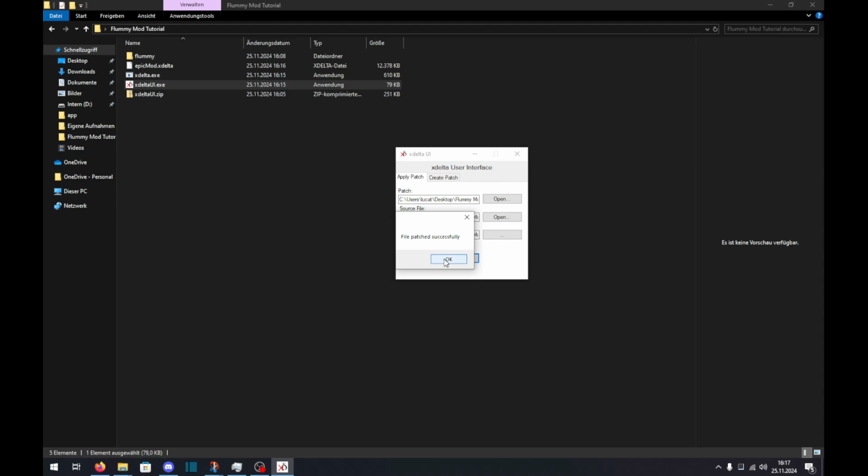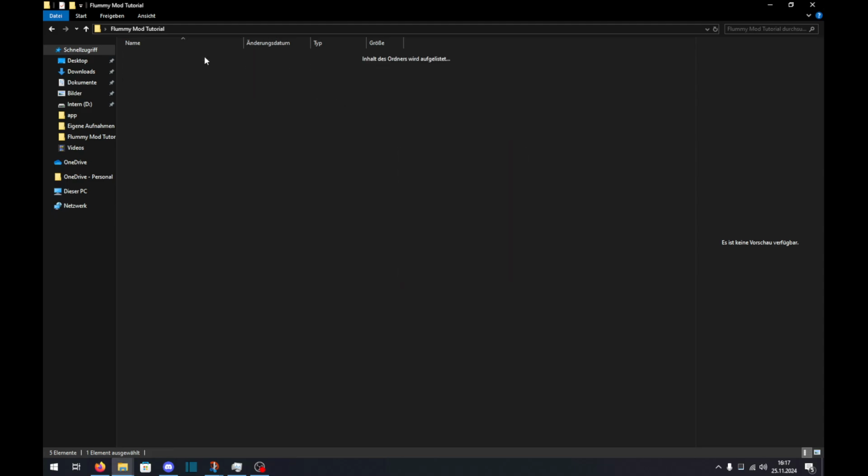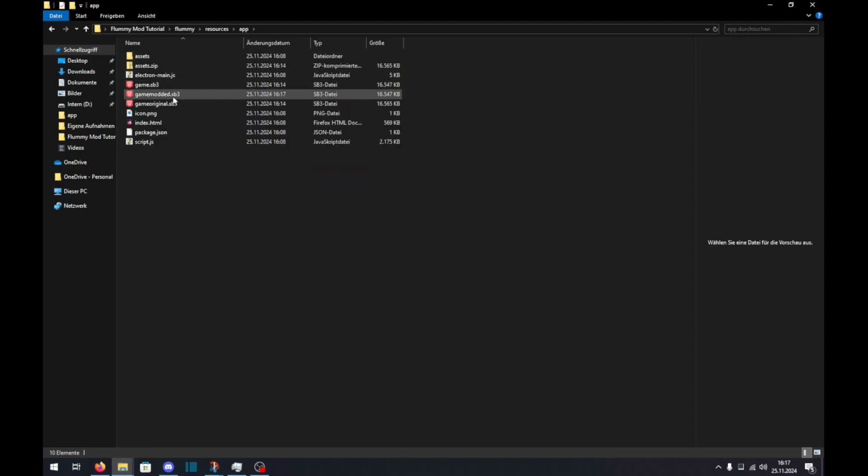File patched successfully. Great. Now we can go to Flummy, resources, app, and have the game modded right here. This is the file which your client will receive when modding the game. If you send the Xdelta file to anyone and then send them this video as an instruction, they can just mod their game just like that. They can now delete all of these,